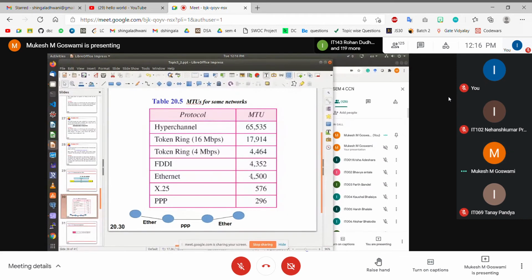1500. Sorry. For X.25, X.25 is basically used for the telephone lines, right? It is used with the T1 carrier system. Both PPP and X.25 protocols are basically used along with the telephone line T1 carrier system. So the amount of data carried by this technology is very little, right? So what I'm trying to say is that the size of the IP packet could vary anything from a few hundred to a few thousand, right? So that is how we decide the size of the IP datagram.